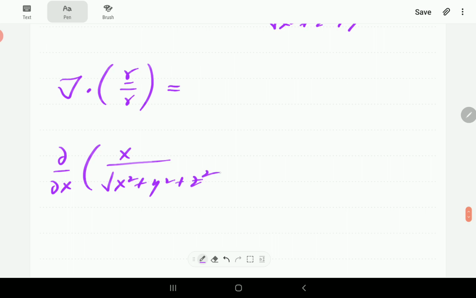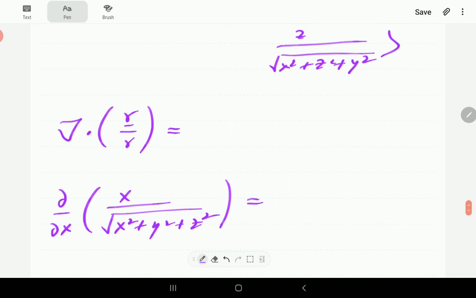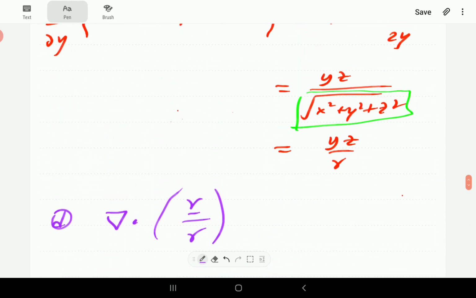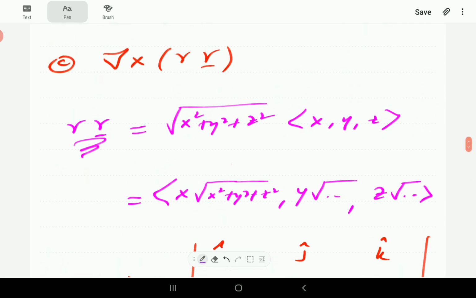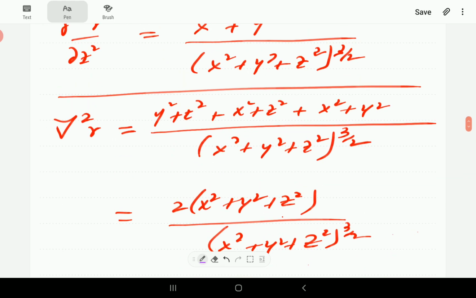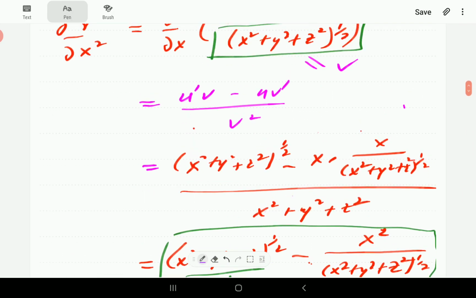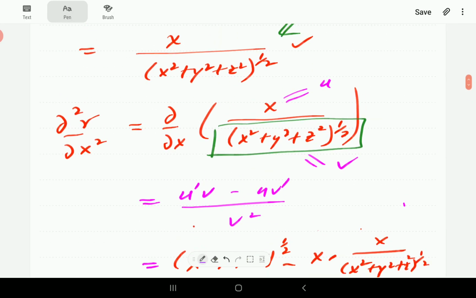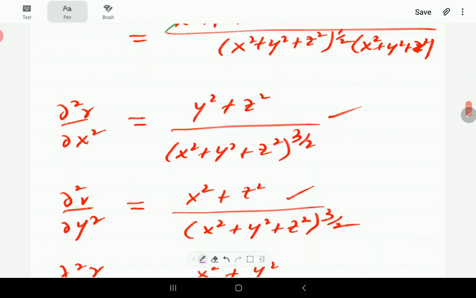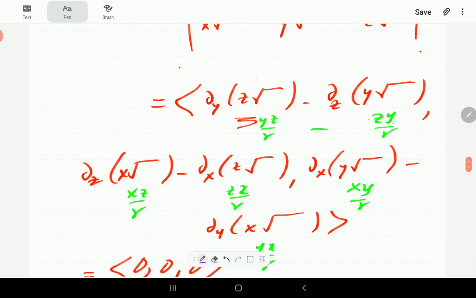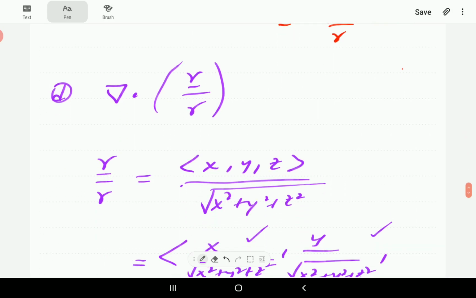However, we have already done this one in a previous exercise. So the derivative of this, I'll just show you, we did in this example here. Where is it? There. Okay, so the x derivative of this term, we worked it out, it's equal to that. So that's simply going to be y squared plus z squared